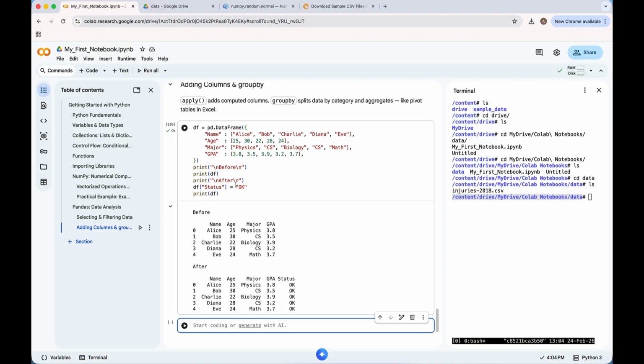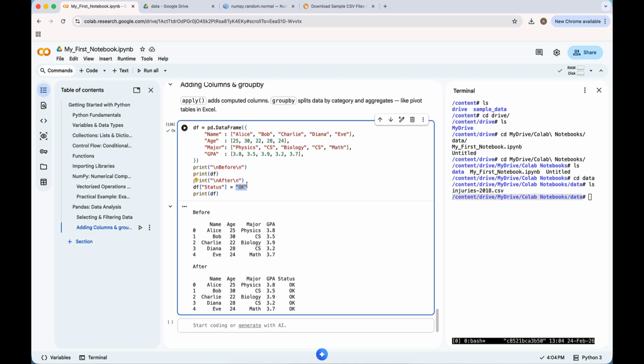Okay, so what if I want this status to be different for everybody depending on how they are, right? So let's say if the GPA is above or equal to 3.7, it's an honor student, otherwise it's a regular student, right? You can use a function called apply. So you can say GPA, so you can have computed variables. You can say apply,